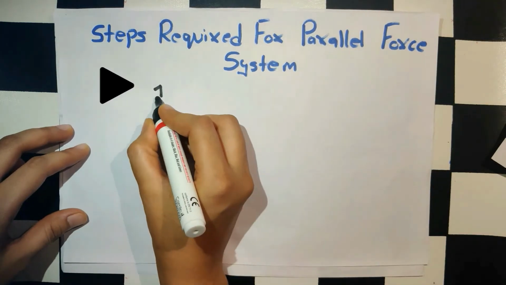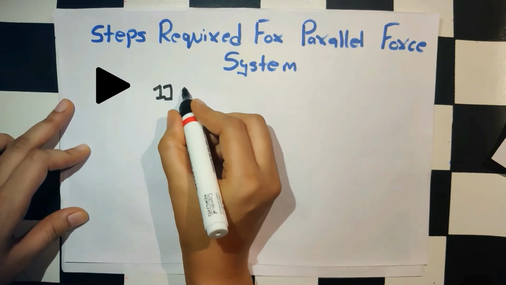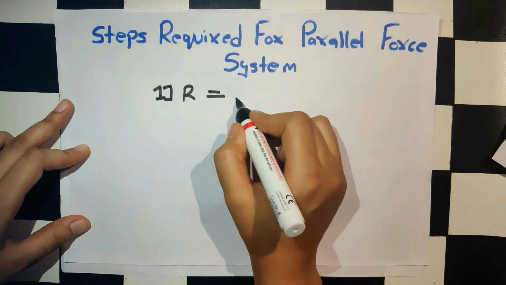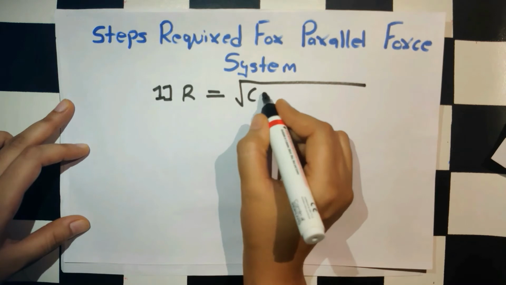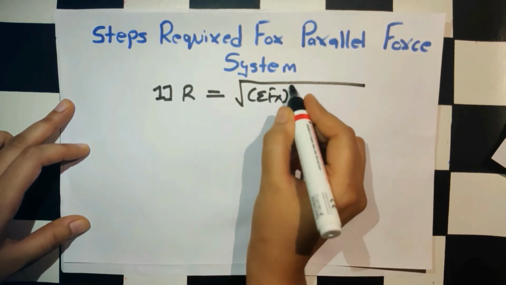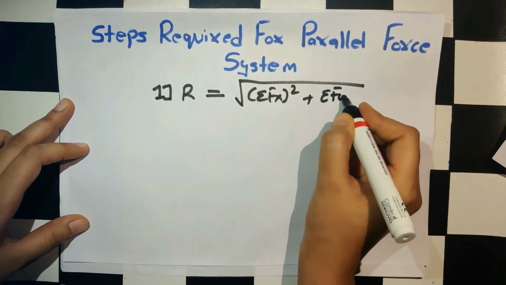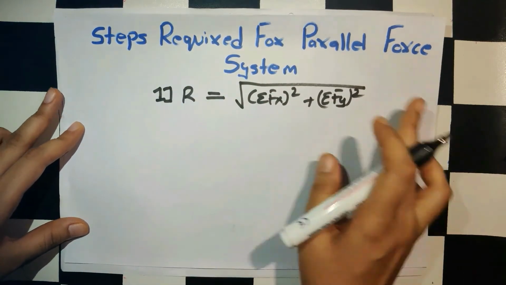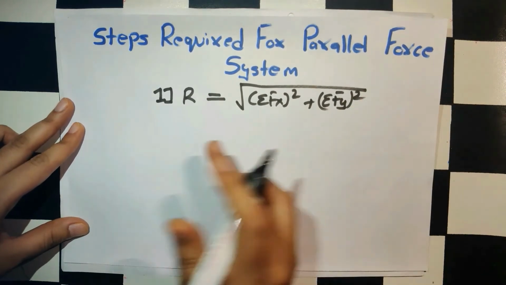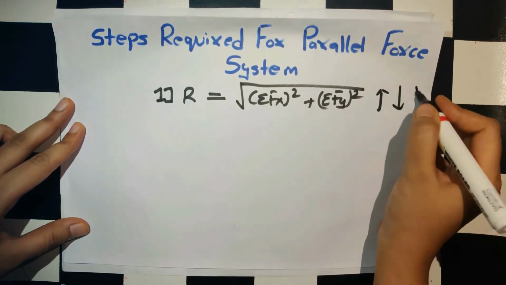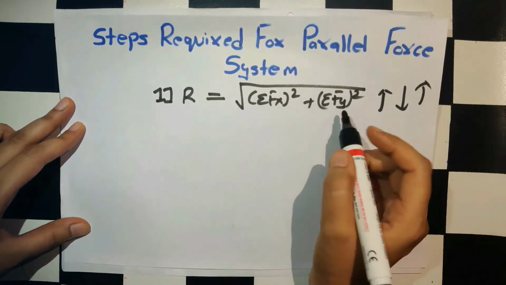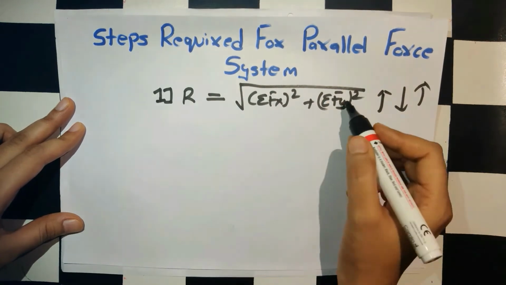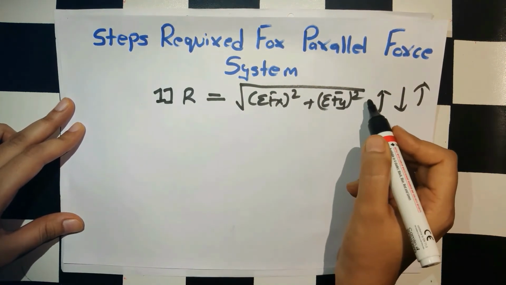So guys, the very first step we did was to find out the magnitude of R. How did we find the value of R? By the formula we have, that is the square root of summation Fx square plus summation Fy square. Since this was a parallel type of problem and we had only vertical forces, we had only summation Fy in this case. So the square root of summation Fy square will be nothing but